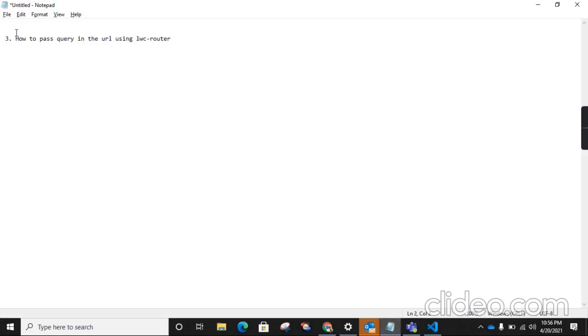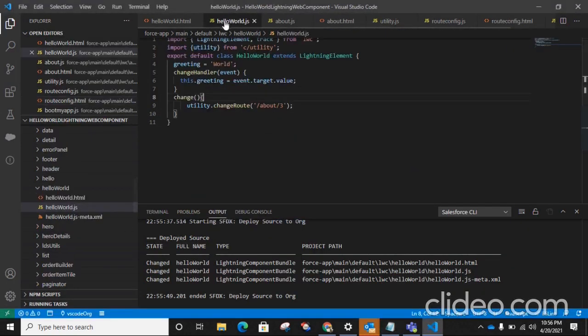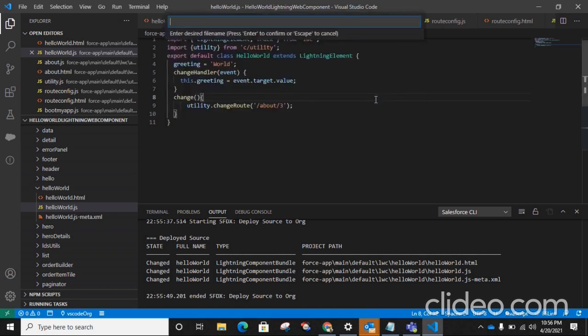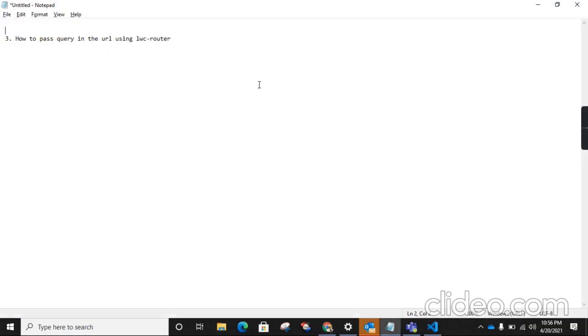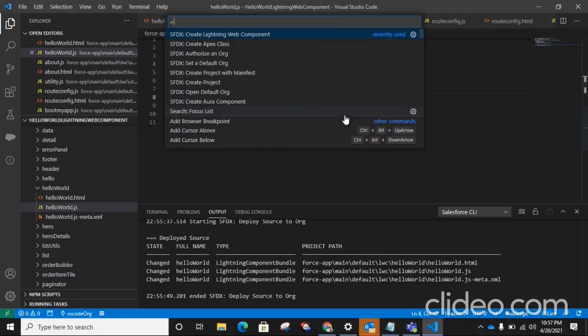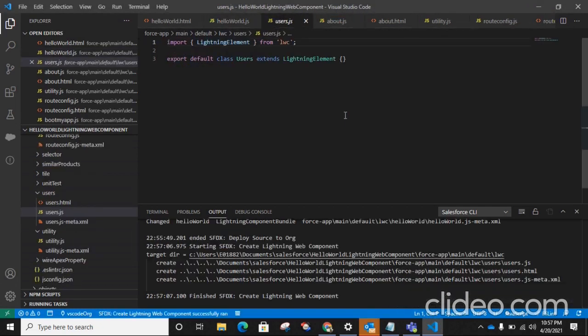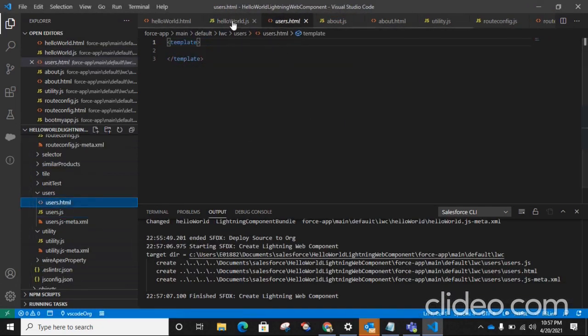Remove it. And now, how to pass a query in the URL using LWC router. Let's go ahead. I just want to pass a query like name. Let's create another component named users.